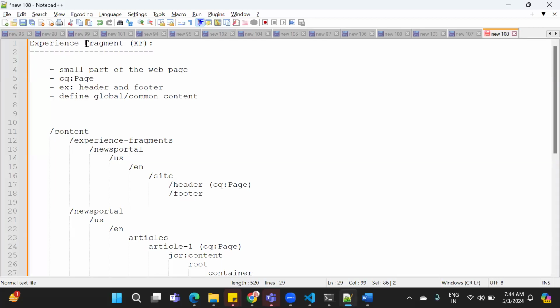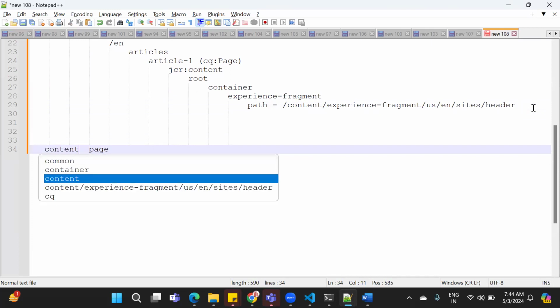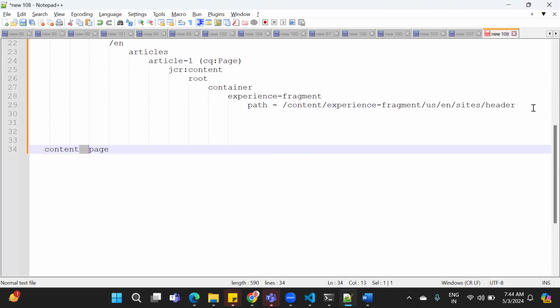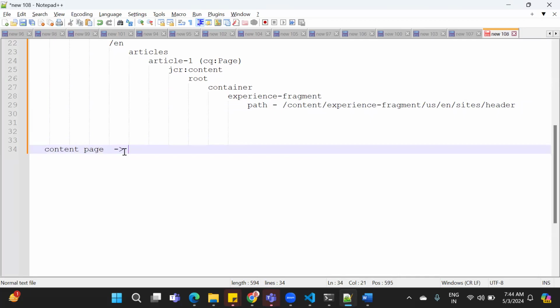Then how to create an experience fragment? It is similar to page creation. If you want to create a page, you need editable templates. If you want to create any content page, you need an editable template. An editable template is required. In order to create an editable template,